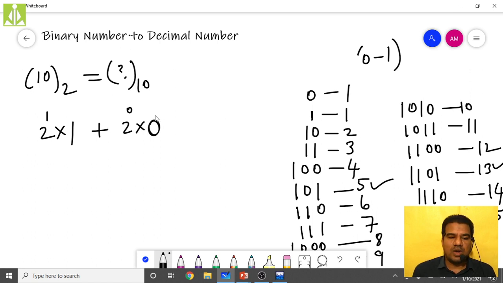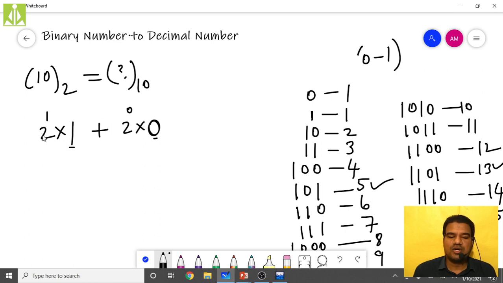So first what we did, simply we wrote the numbers 1 and 0 with some gap in between, separated. Then we multiplied those numbers with 2 and we added a plus in between. The same procedure you have to follow, plus in between, then 2 to the power 0 and 2 to the power 1, the powers we added, 0 and 1. So now evaluate this thing, and finally you will see what you get.